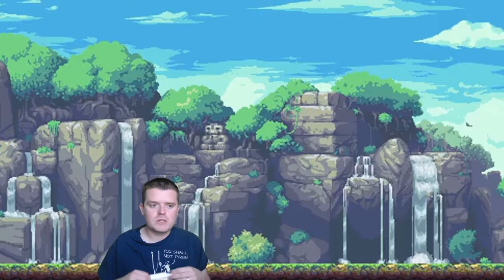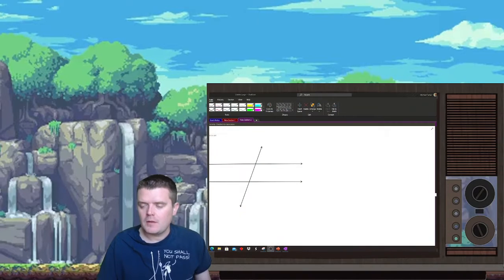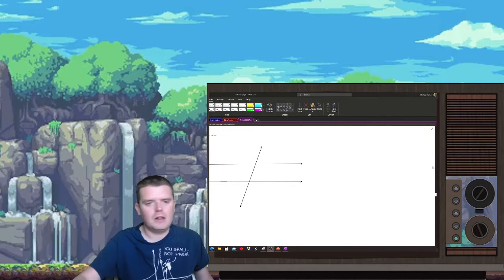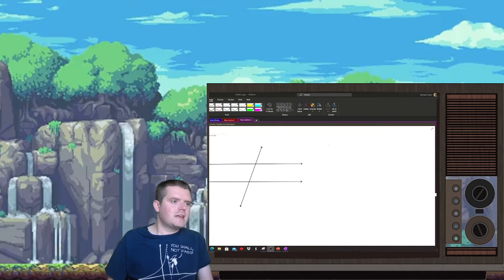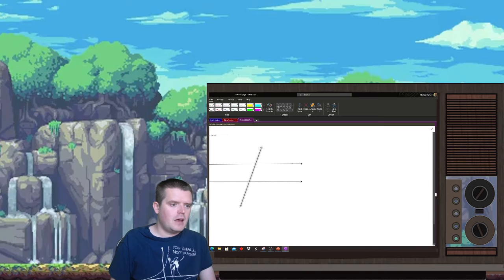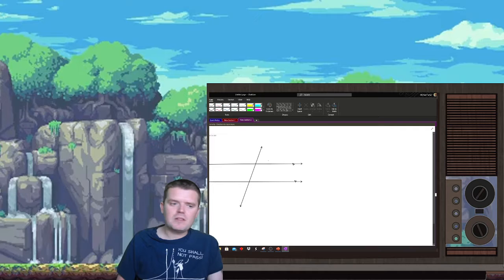7.4 is looking at angles that are formed by transversals. A transversal is a line that is intersecting two lines that are parallel. So you'll see a lot of these types of diagrams, particularly on the standardized test for whatever reason. Transversals is a big one that comes up a lot, but you'll be given that there are two lines that